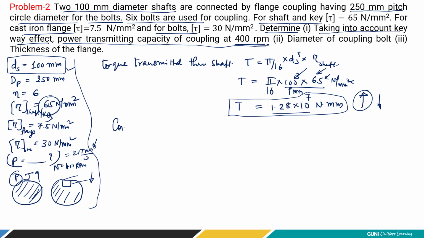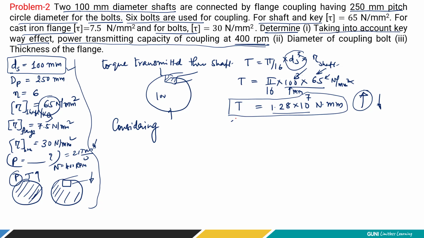So here, what does it mean? Because keyway is present, here shaft diameter is already given. The shaft diameter is 100. But in the 100 we have cut out a keyway for the shaft, so this much material is removed.